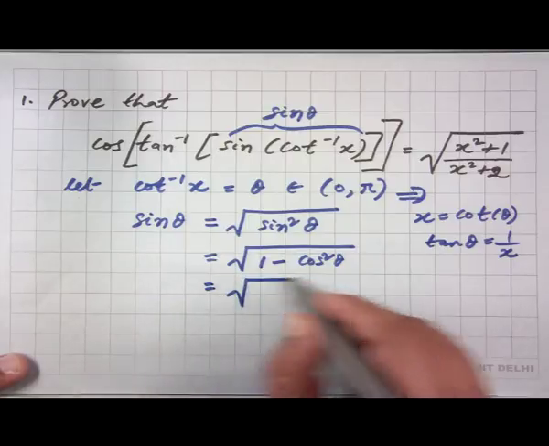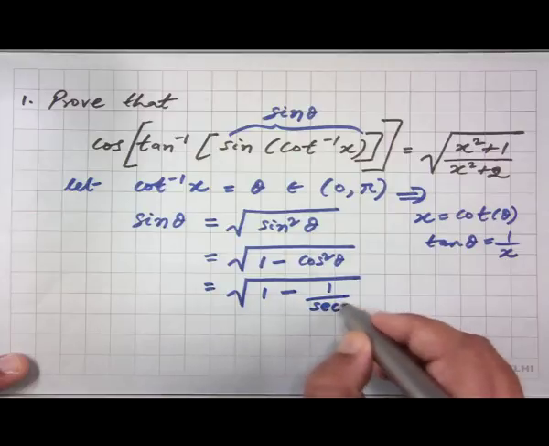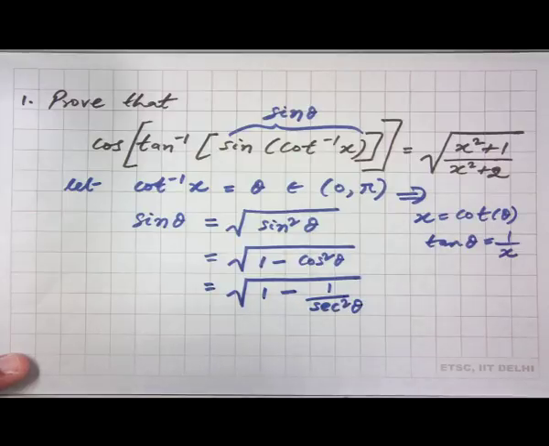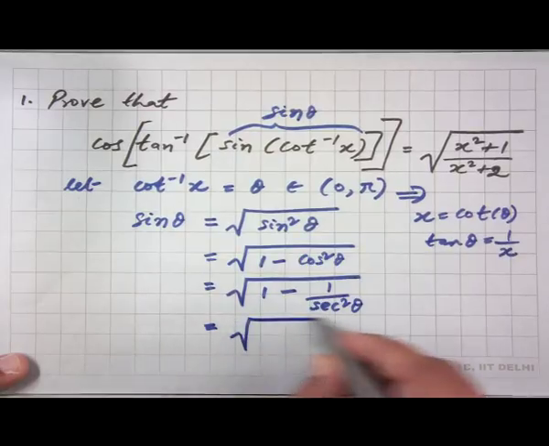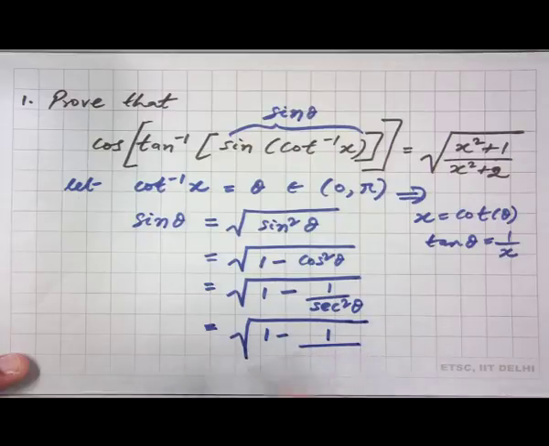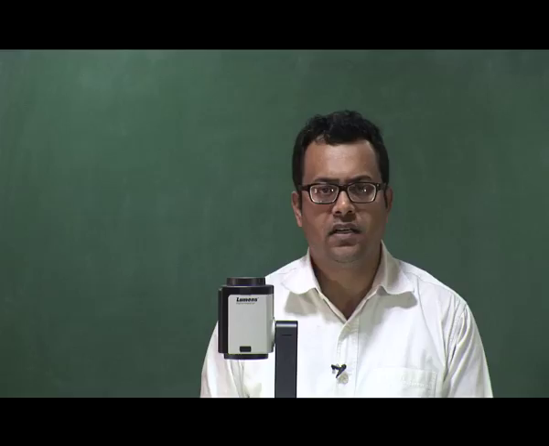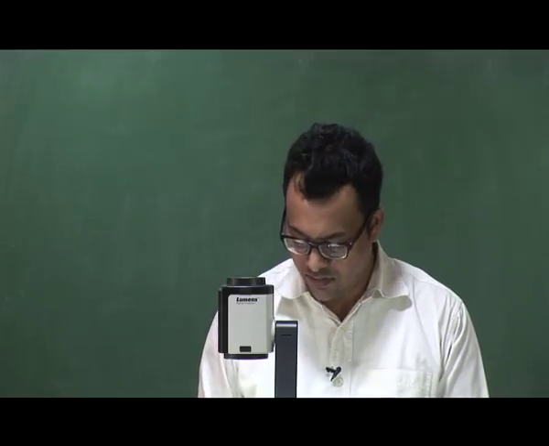And then this can be written as 1 minus 1 over sec square theta, which can then also be written as square root of 1 minus 1 over... We know the identity that sec square theta is 1 plus tan square theta. So, we are going to use that identity over here,